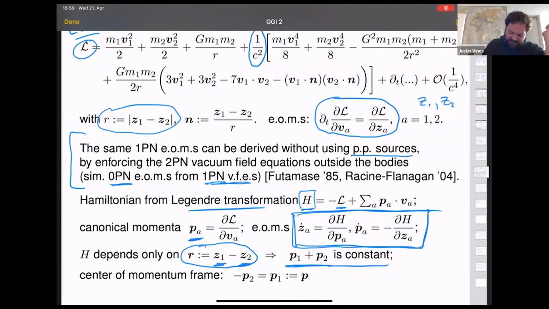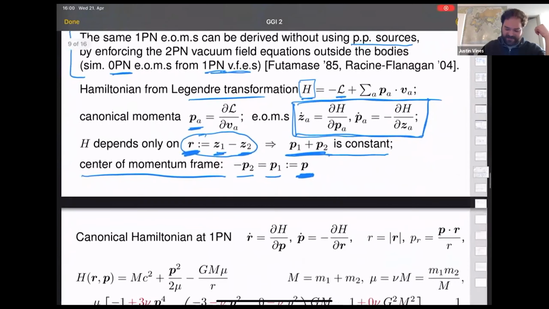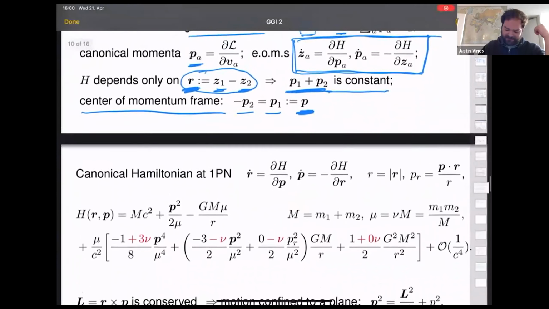Therefore, we can pick a frame in which that is zero. And that defines the center of momentum frame. And in that frame, the two individual bodies' momenta are equal and opposite. Let's just call that now the new relative canonical momentum. And then we can also easily see that that will be conjugate to this. And we have our Hamiltonian in the center of momentum frame,